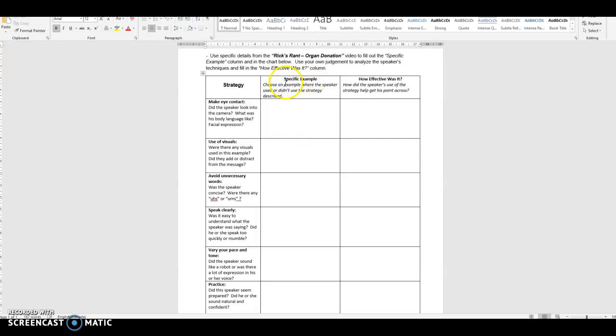And so you'll provide a specific example from the video. So for example, making eye contact, did the speaker look into the camera? Did the speaker use body language or facial expressions? See if you can find a specific example from the video that shows when the speaker did one of these things. See if you can find a specific example for this box where background visuals or visuals are used in